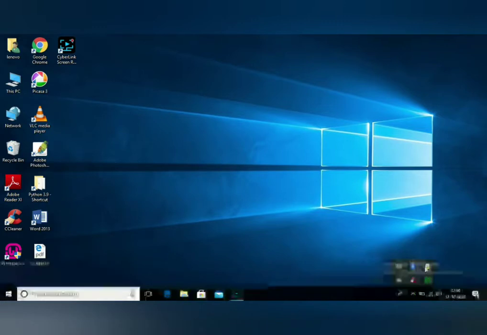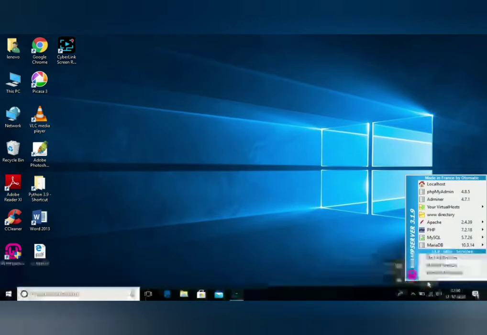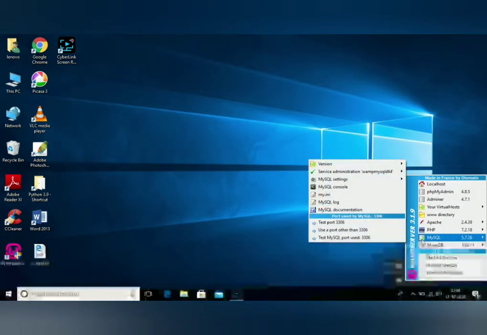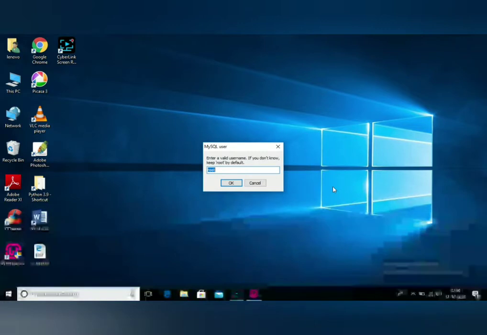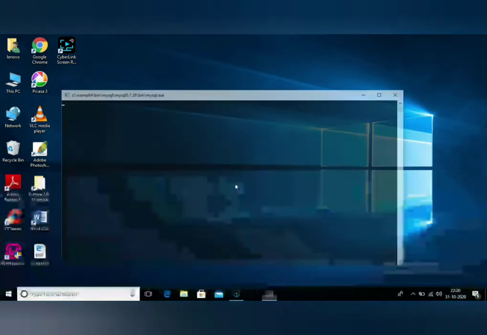You click this W icon and MySQL is displayed in a pop-up menu. Then in MySQL, we select the MySQL console. You just click the MySQL console and automatically the username root is displayed on the screen. You just click OK.